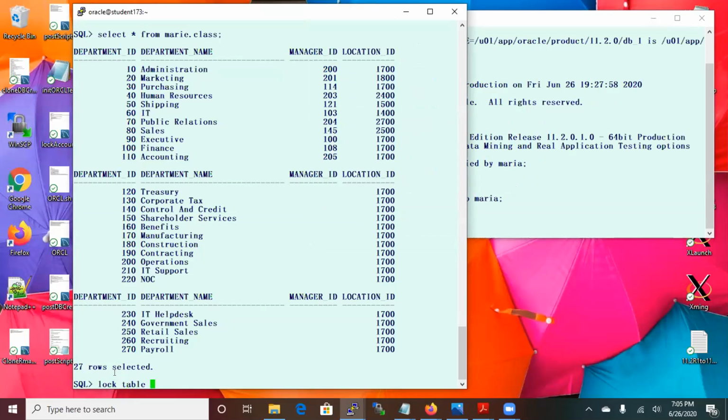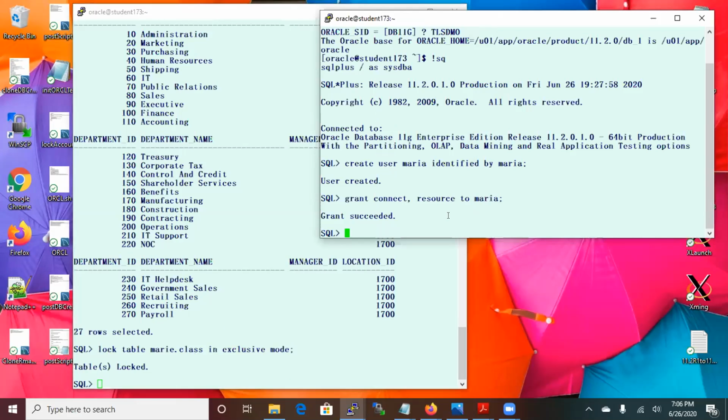Lock table Marie.class in exclusive mode. Right, so Marie is locked. And I'm still connected as sys, right? I'm going to try to,